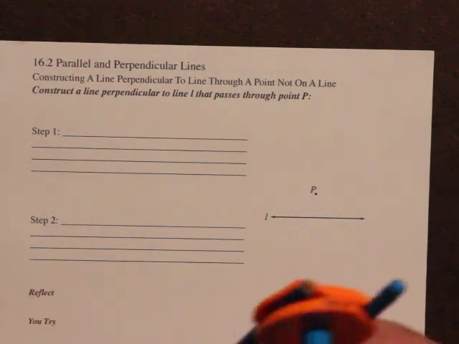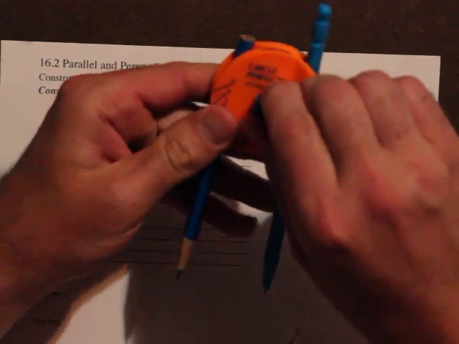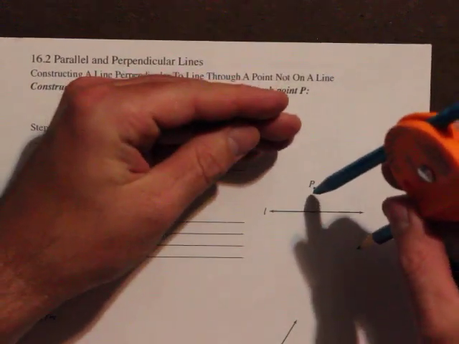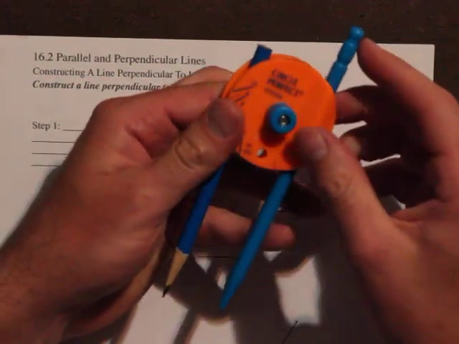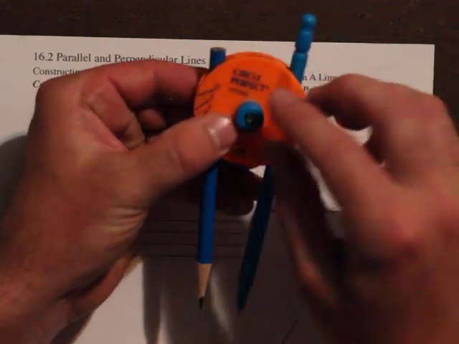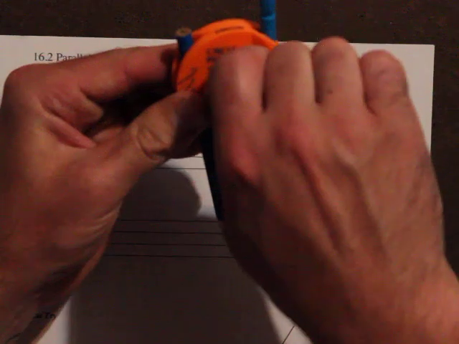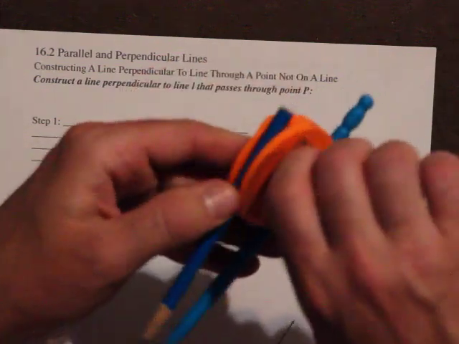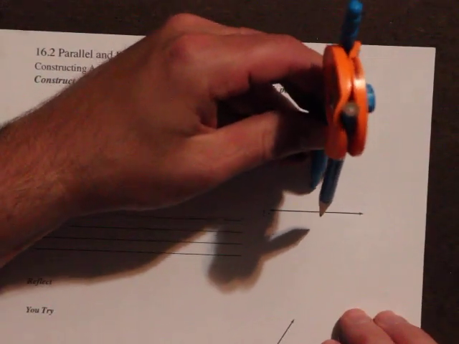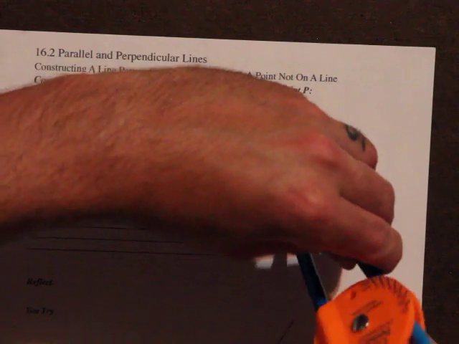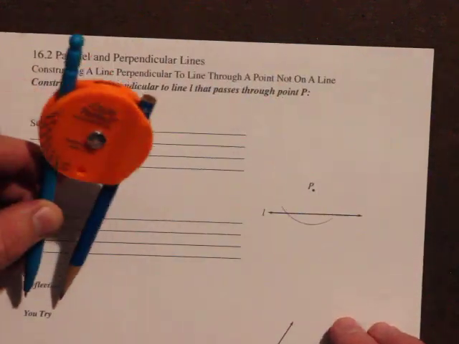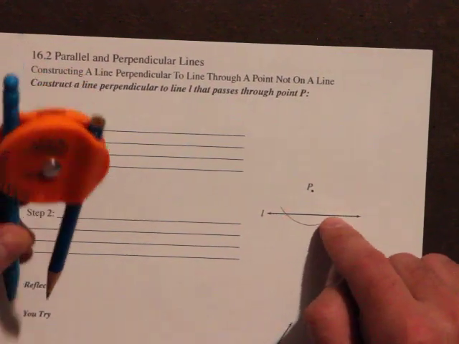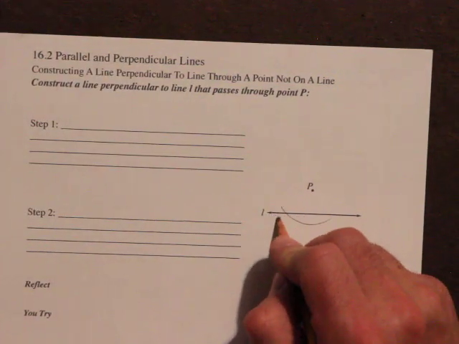The way this works is I first close the compass up a little bit so that my pencil is going to draw an arc that intersects line L from point P. So here I am at point P, and I'm going to draw an arc that intersects L in two places. I've drawn an arc from P that intersects L in two places, and I'll label those spots A and